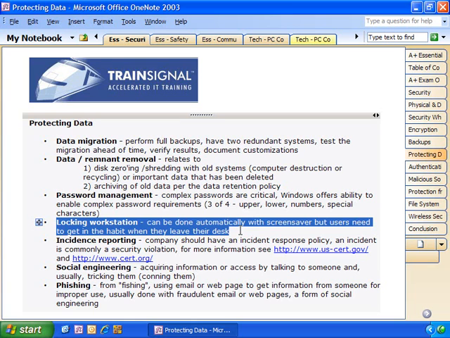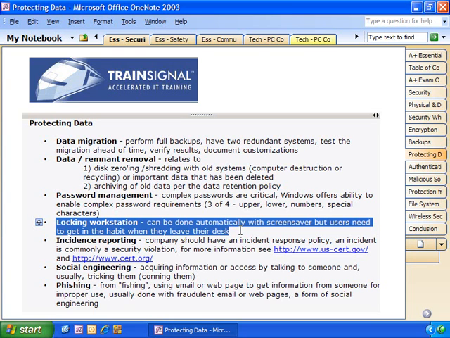And if someone walks up and tries to log on, they have to type in a password to gain access to the computer. So this is a security feature, but really users need to get in the habit of locking their workstation whenever they leave their desk. So if you're going to lunch, you don't want your computer to sit there for 30 minutes while you're out to lunch. In that time period, someone could